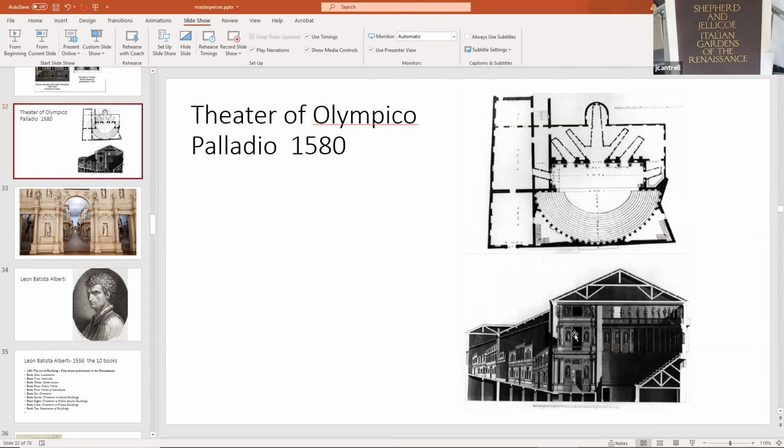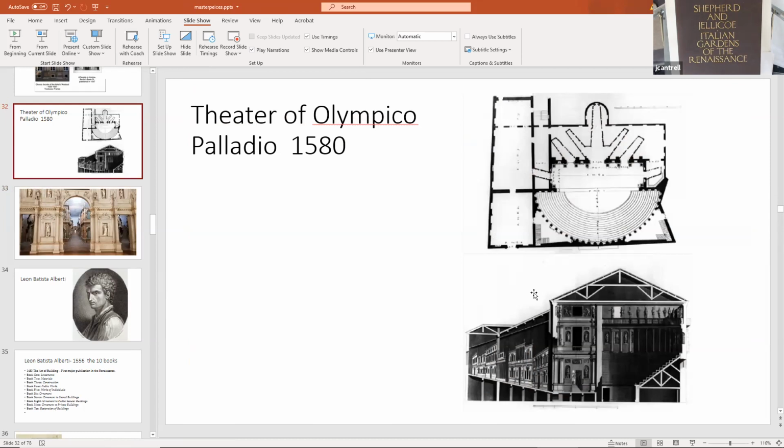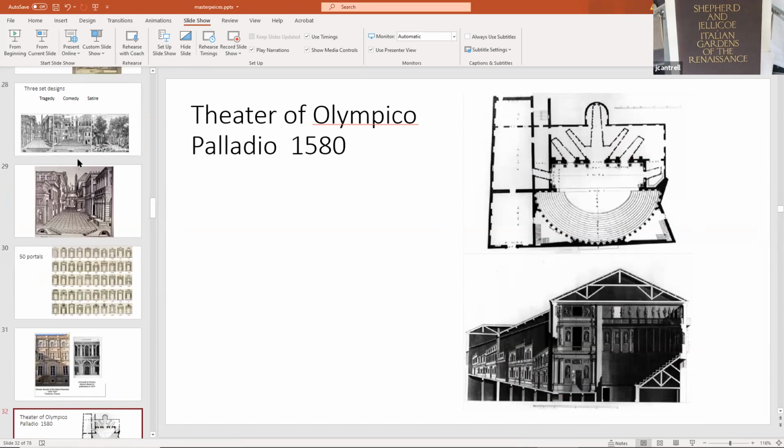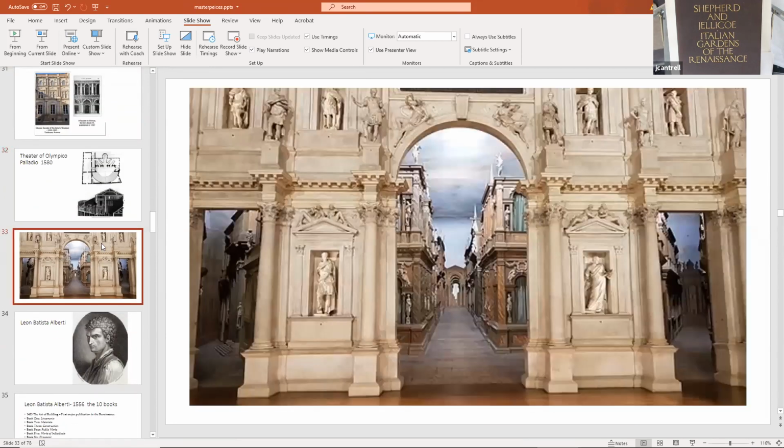But in the cross section at the bottom right, you can see that the streets are these sloping floors, and of course the sloping roof. So when sitting in the theater, you perceive this as a one-point perspective. Of course, literally, he's building the floors as a sloped section, and the roof is sloped as well. So these buildings are literally built as a forced perspective theater. Really wonderful to think that somebody can take these set designs and literally build a construction in a perspective realm. We'll look at some more details in a minute.